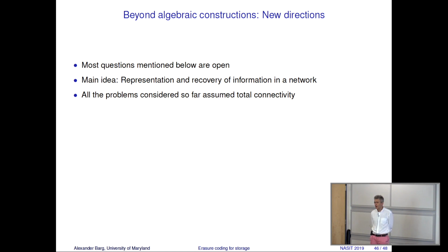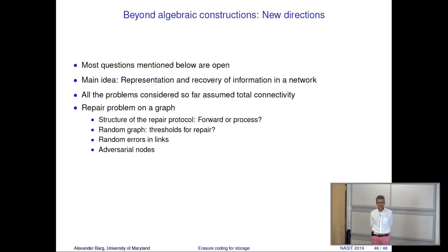As we said, all the problems considered so far assume total connectivity. Any node can talk to any node, well, apart from the cooperative model where we do not so much forbid communication, but we say, if you want to talk here, then you pay more for the bandwidth. But let us say that it's simply impossible to talk. Communication between some nodes is impossible. So let us say there is a graph.